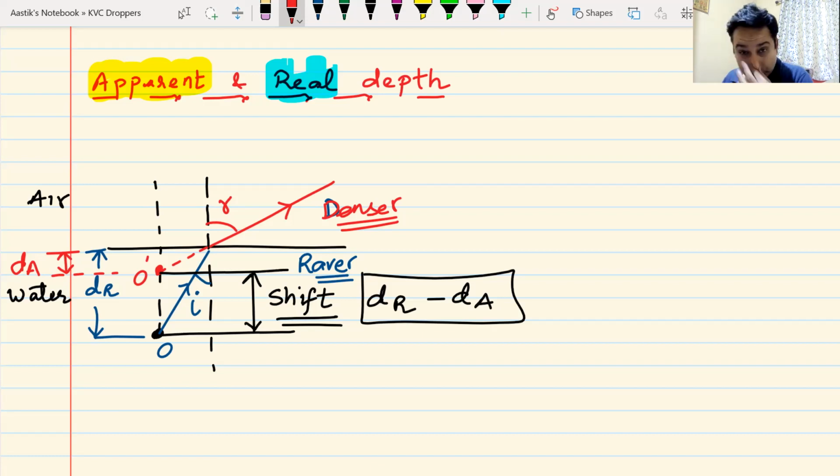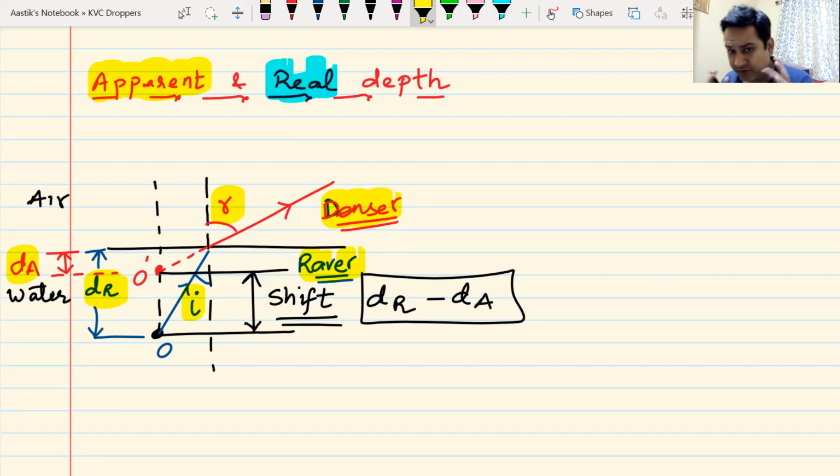So now to get a formula that relates, and again, I don't want to confuse you, I have to relate the four terms: dr, dA, angle of refraction, and angle of incidence. I have to relate these four terms in terms of rarer medium and denser medium. Now there are different formulas. One formula is also given in your sheet. You can always go through that formula. But my formula is